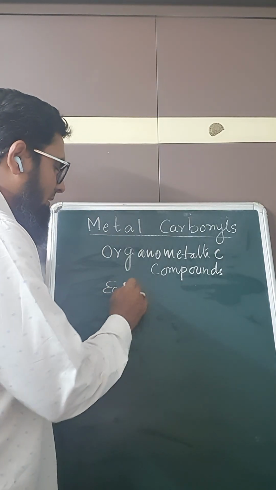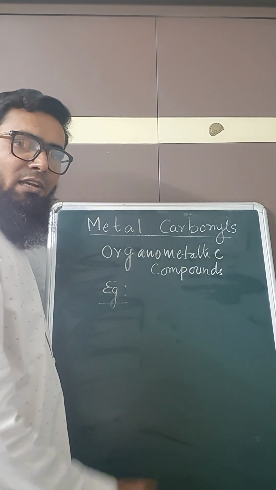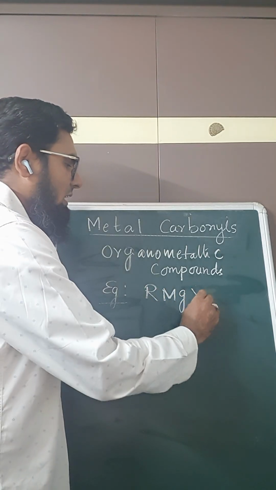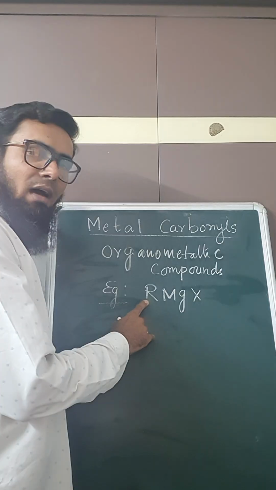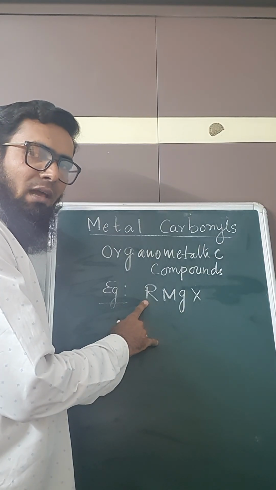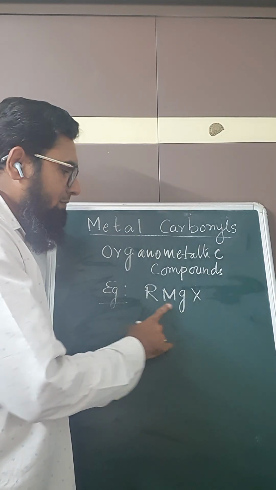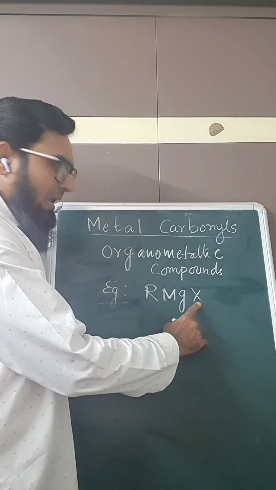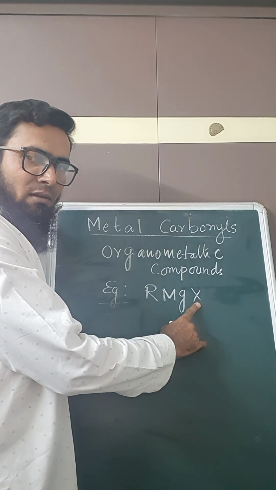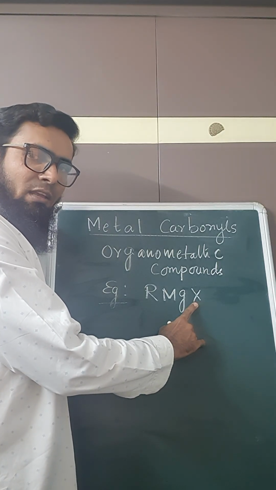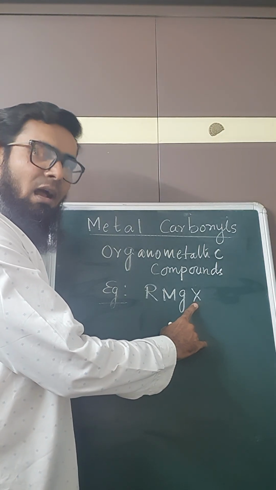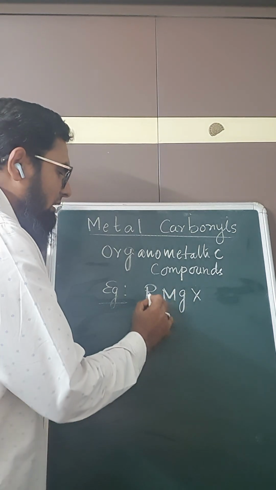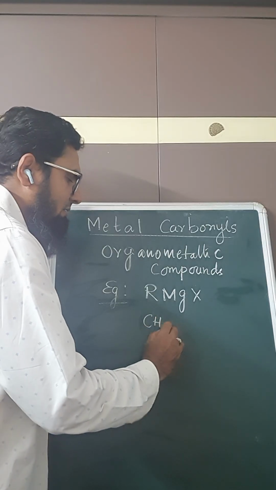Example, Grignard reagent. Grignard reagent has a general formula RMgX, where R is a hydrocarbon part. It can be an alkyl group or aryl group. Mg is a group 2A metal. X stands for halogen. Here X can be chlorine, bromine, iodine, but not fluorine. Now, if I take a specific example,